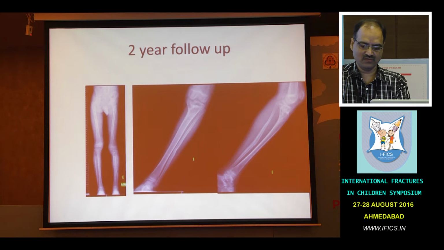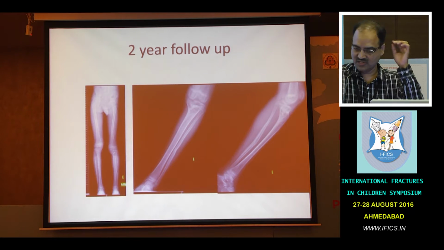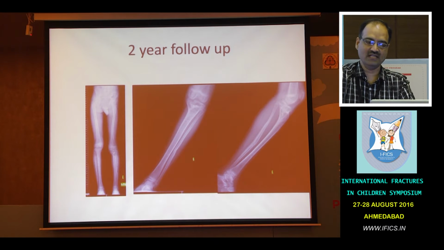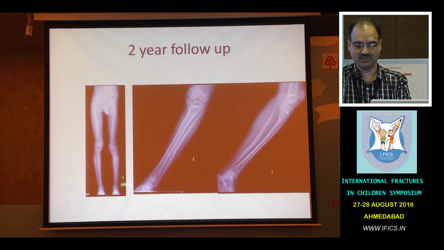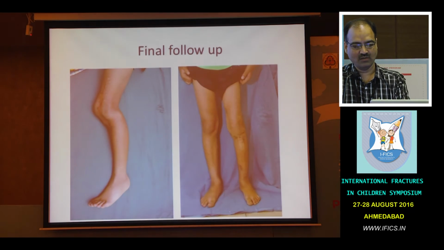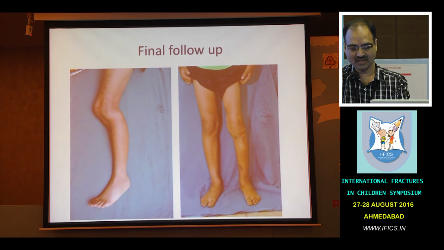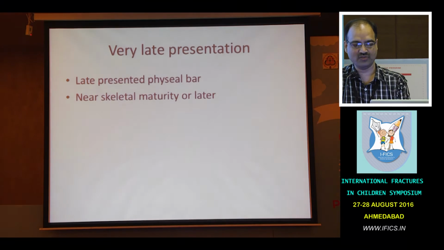Still there will be some amount of limb length discrepancy despite physeal bar excision, deformity correction and limb lengthening. You have to go for either contralateral epiphysiodesis or limb lengthening. One more surgery is required. This is the before and this is the after. It's reasonably well aligned, and limb length discrepancy at present is corrected, but the child is too young, around 12 years, so it requires one more lengthening or epiphysiodesis on the opposite side.